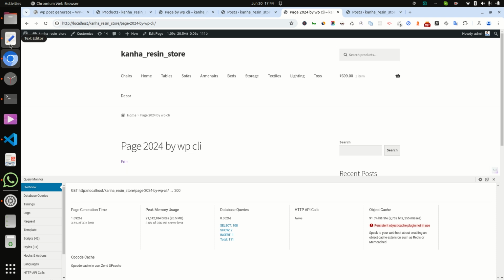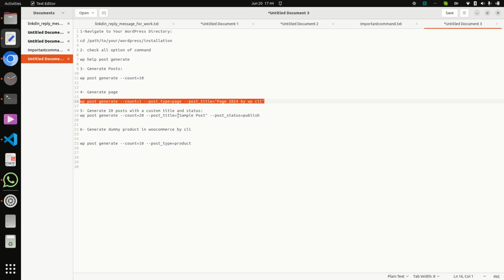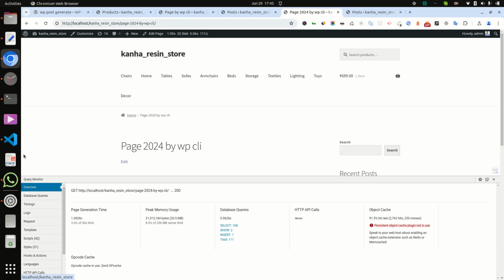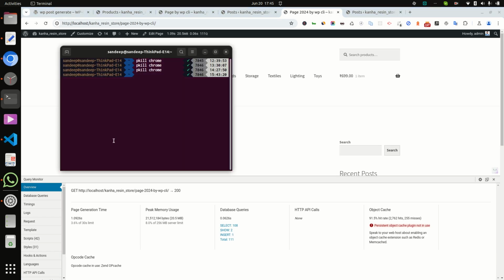Now let's generate custom title and status, like 20 posts with a custom title and status. For that we can run wp post generate with count 20 and post title sample post. So the sample post title will be added to every post.